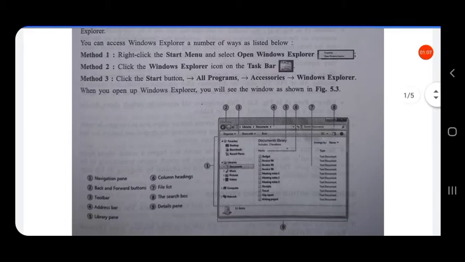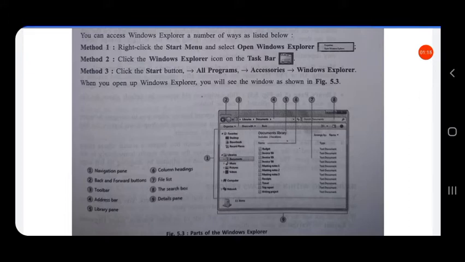First, you can access Windows Explorer a number of ways, as listed below. The Windows operating system can be operated in a number of ways. The first method is to right click the start menu and open Windows Explorer.